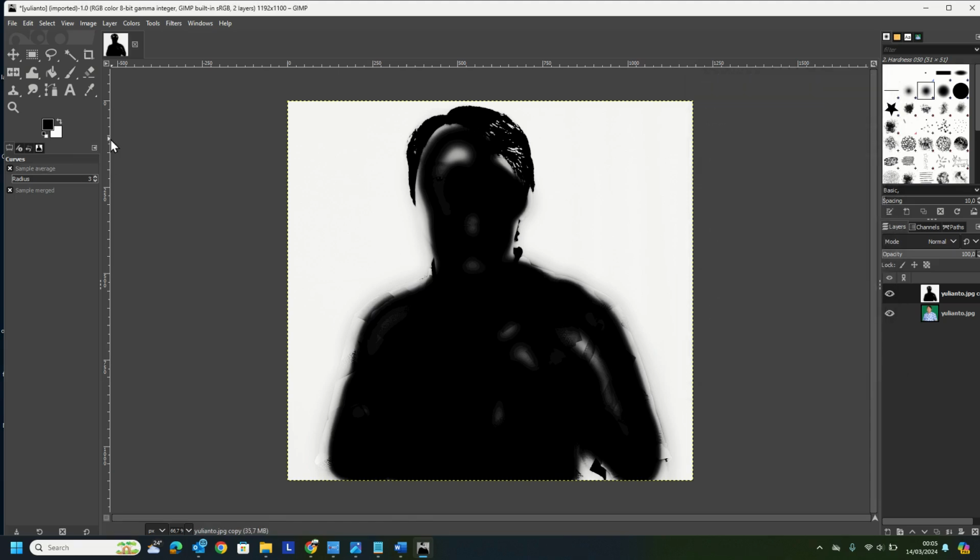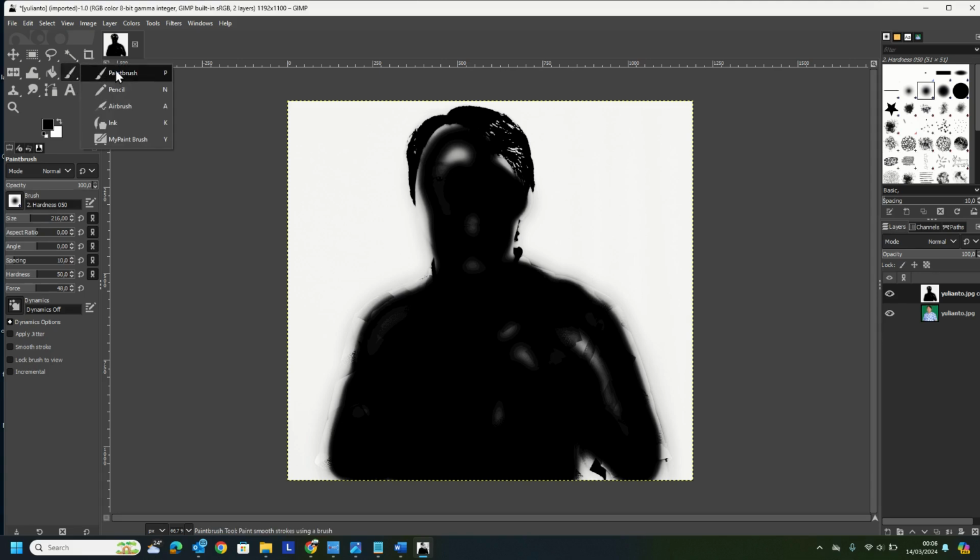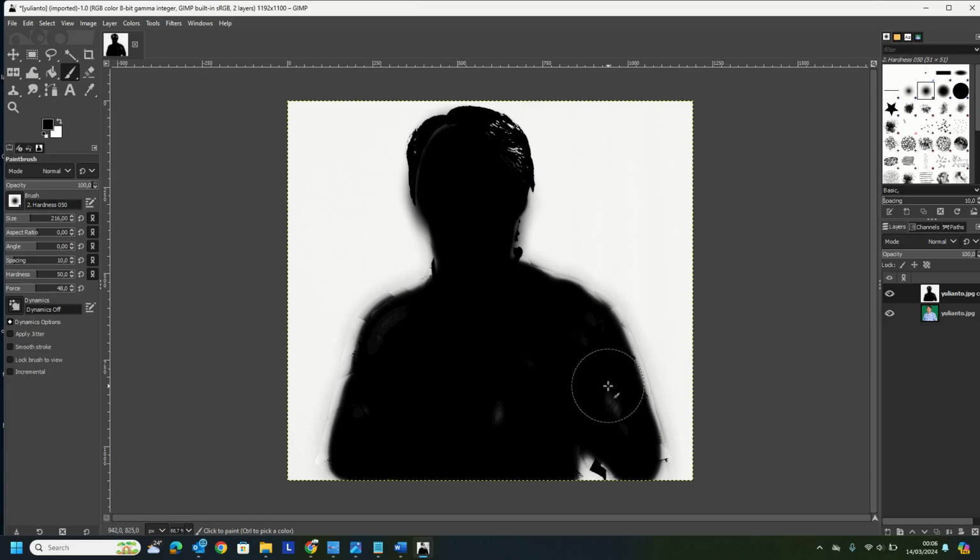I will use the paintbrush again to make sure all the foreground is covered with the black color. Okay, I think it is enough.